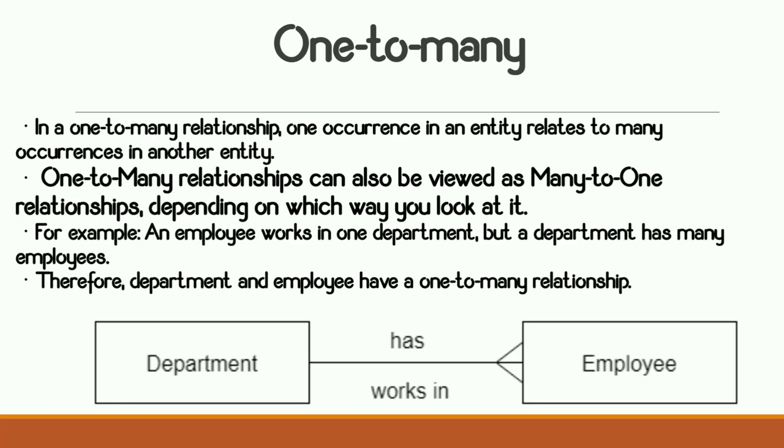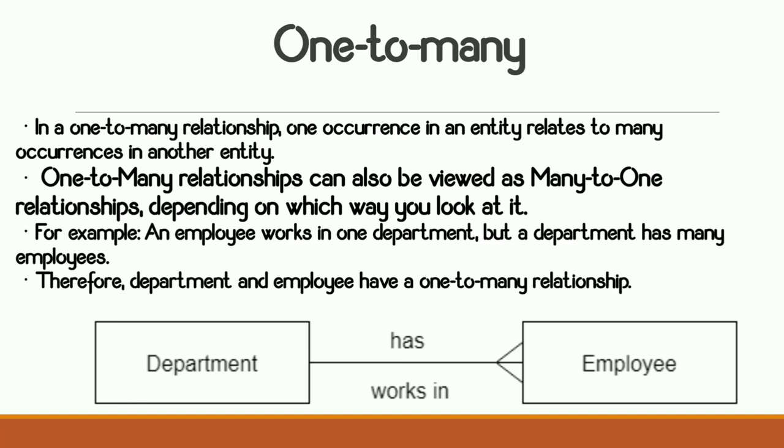Now a student has a choice whether he wants to study in arts, commerce, or science. So if a student has chosen the science field, then he has to study only the science stream. He will not study commerce, he will not study arts. But in the commerce stream, you have so many students who have taken admission in commerce. So this is a one-to-many relationship.